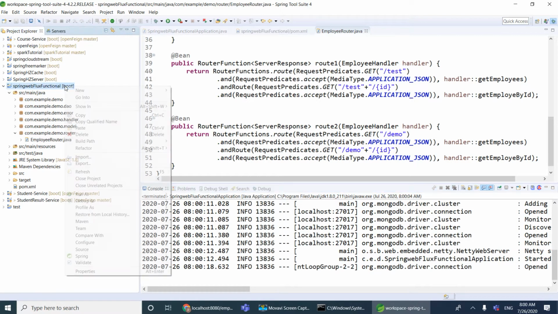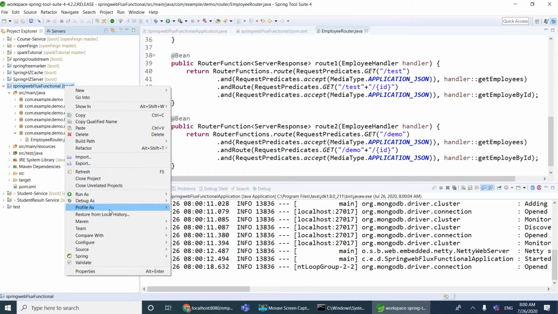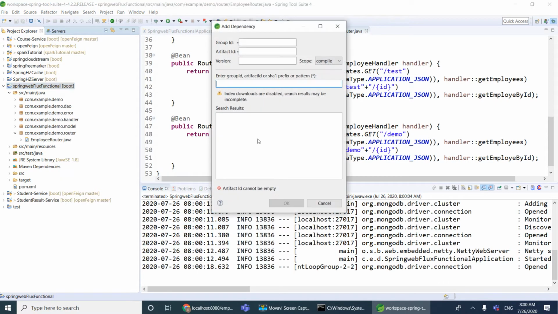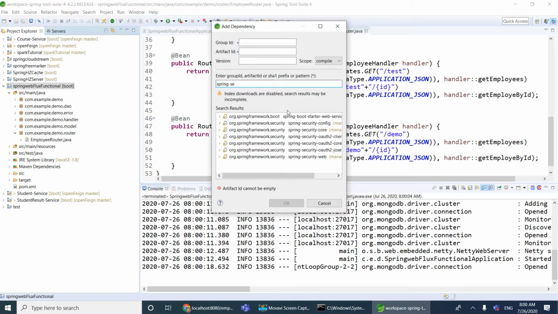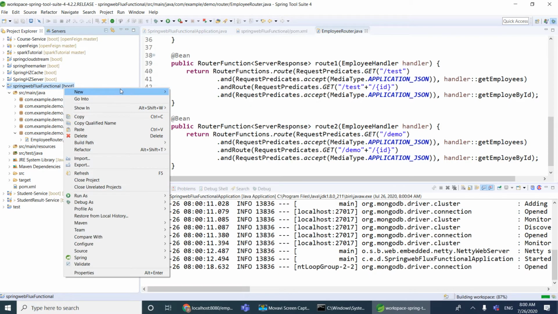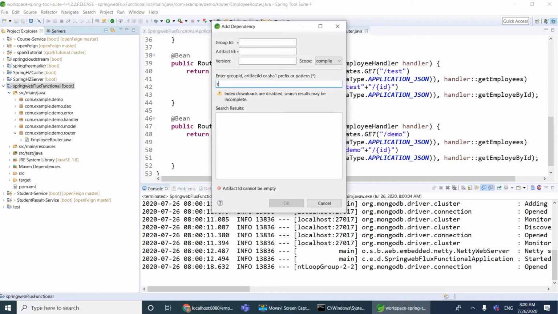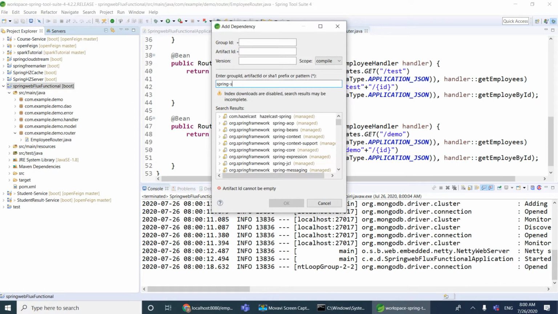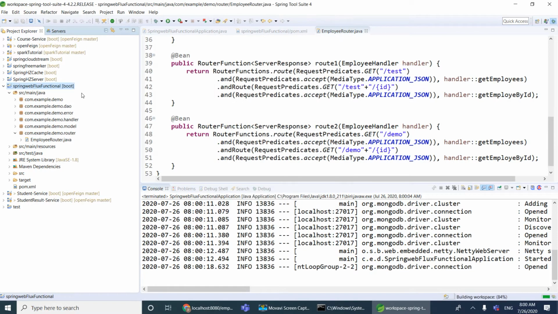Right click on the project, go to Maven and click on add dependencies. I am going to add the Spring Security config dependency, and I am going to add the OAuth2 client dependency, spring-security-oauth2-client.